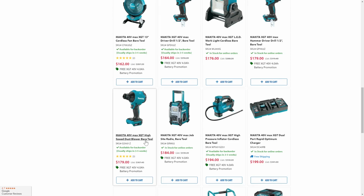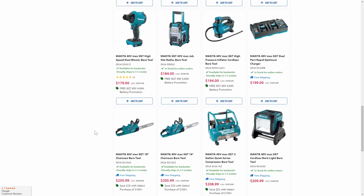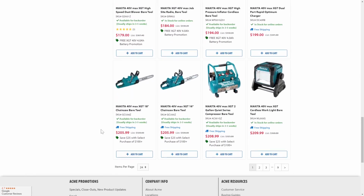Even like this little dust blower, I'm a big fan of the LXT little mini blower as well, and it's significantly cheaper than this. Yeah, it is a little bit bigger, but the price point for what it's used for is going to be kind of far off there. But if we move into the latest releases here, like these new chainsaws,